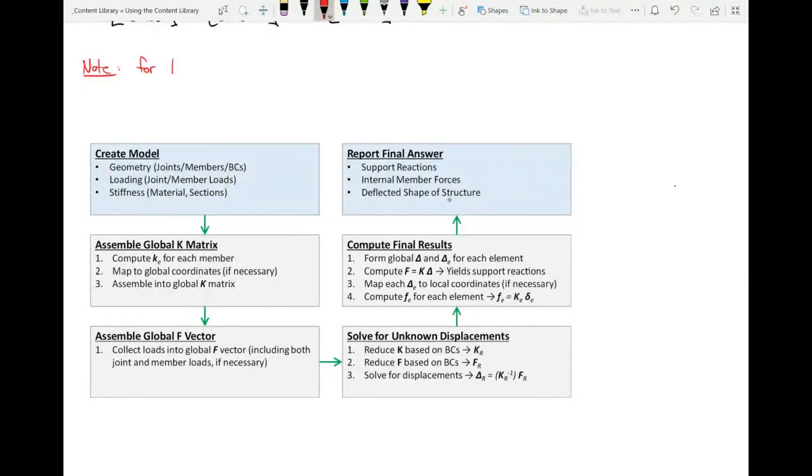For 1D bar elements, and this is going to become a lot more clear next week, we can ignore local and global because that's gonna become much more important for trusses. So we can ignore any reference to local and global